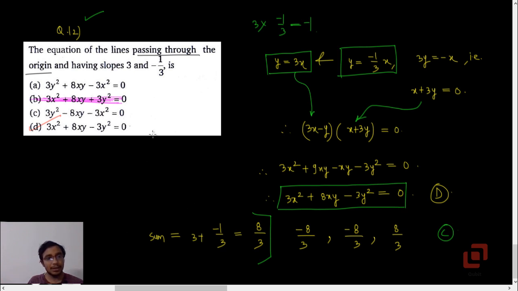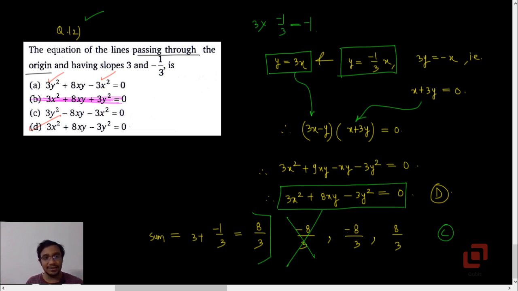Okay, sorry, if you go to option A, then the sum of the slopes is, well, it's not 8 upon 3. Okay, what they have done is they have interchanged the positions of x squared and y squared. So here b is actually 3. So if you go to the sum of the slopes for option A, it is going to be minus 8 upon 3, which is not right. Okay, same thing with option B.